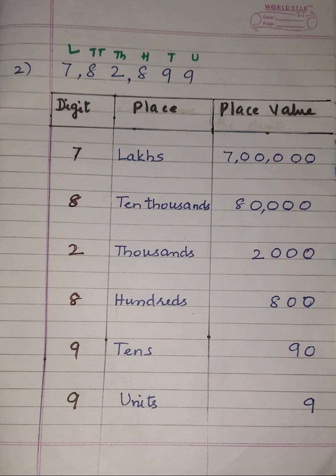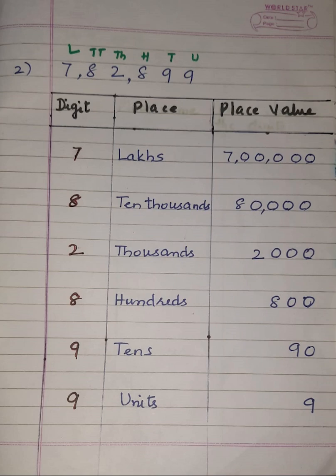In words, hundreds. Since 8 is in the hundreds place, its place value will be how much, children? It is 800. So write 800 in figures in the place value column. Now the next digit is 9. Here the 9 is in which place, children? It is in the tens place.